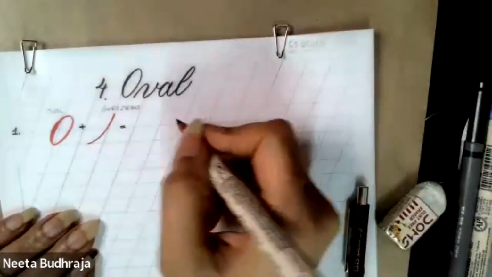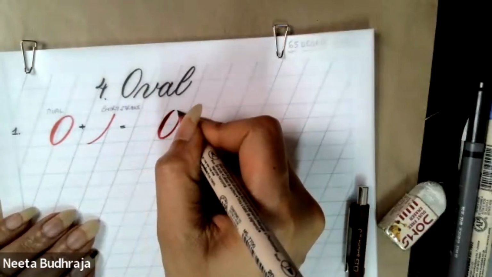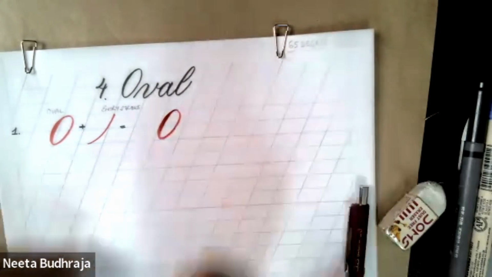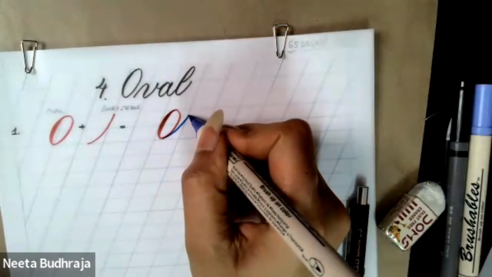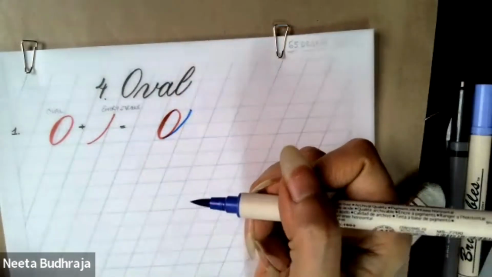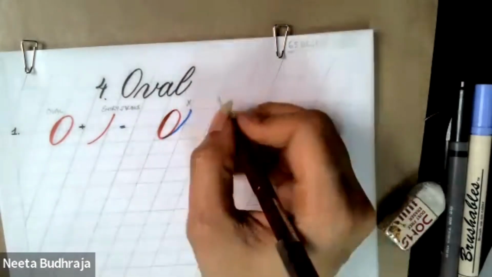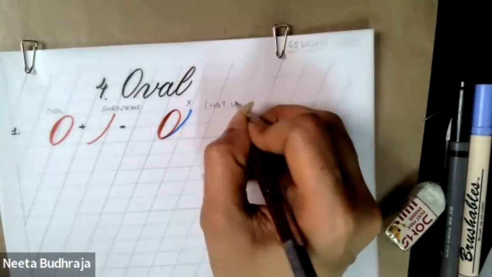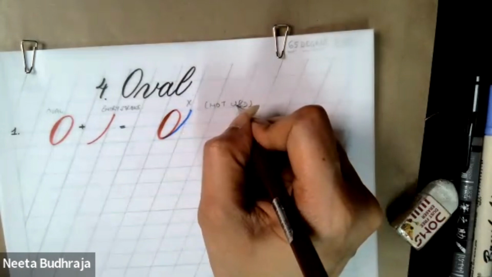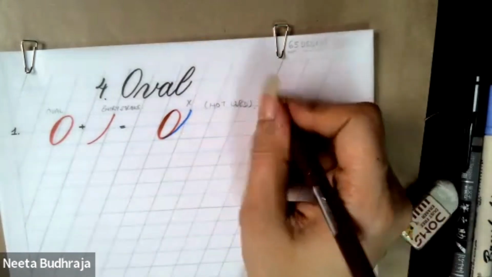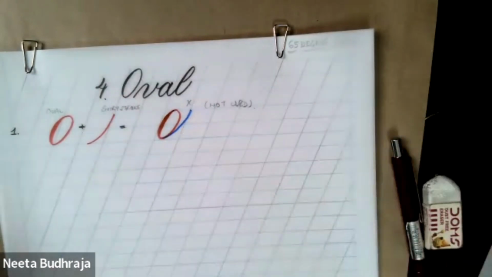So we can say that this combination, let me grab another color. So this combination is not seen. So we can say that it is not used in our basic calligraphy in English. Now let's have a look at the second